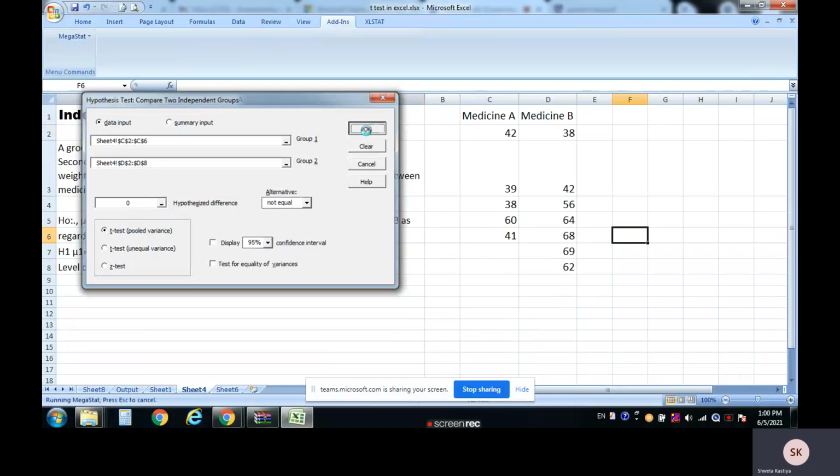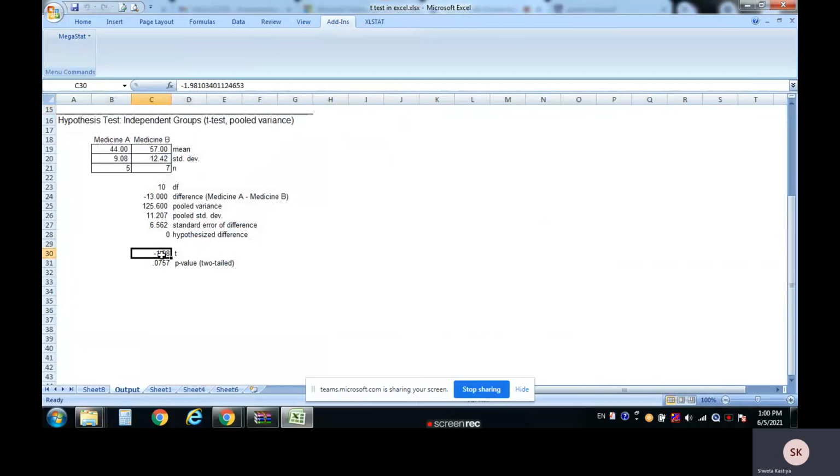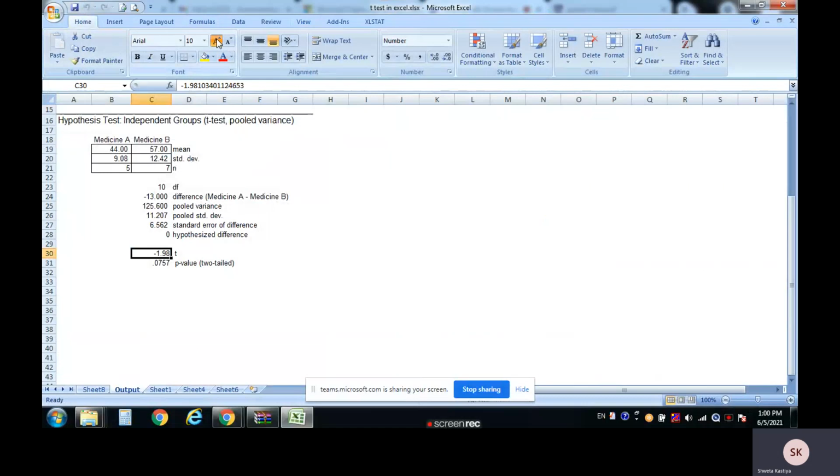So this is the result. Here the t value is 1.98. It means the calculated value is 1.98. P-value is 0.757.